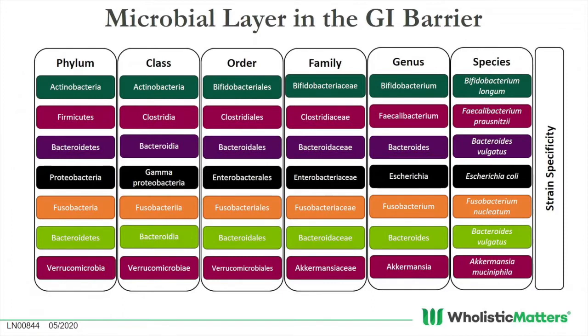When we classify them, we can classify them based on their taxonomic makeup. So at the highest level of this taxonomy, back when we're thinking about our old high school science classes, you have the phylum level. This is the 10,000 foot view. So it's like, what solar system are they in? Well, for this, the different phyla to think about are Actinobacteria, Firmicutes, Bacteroidetes, Proteobacteria, Fusobacteria, Verrucomicrobia.